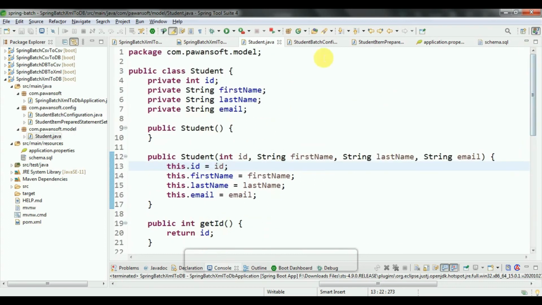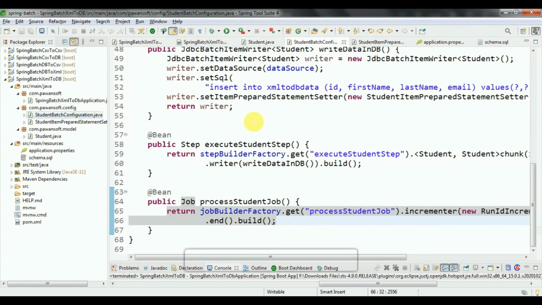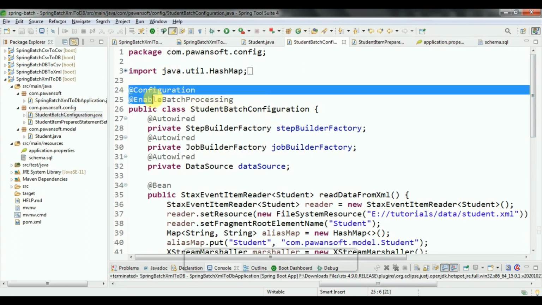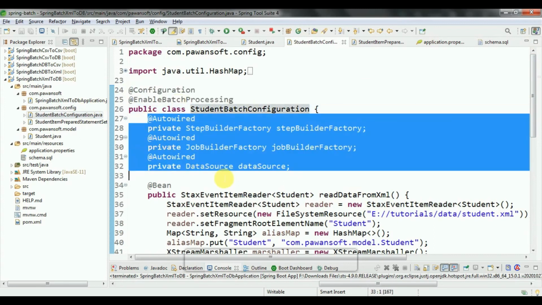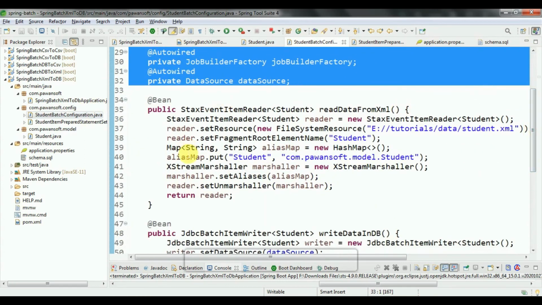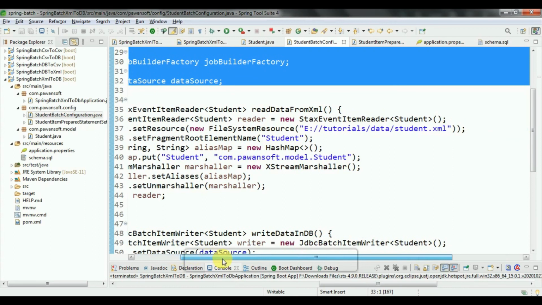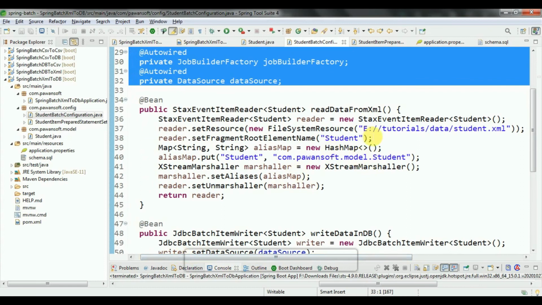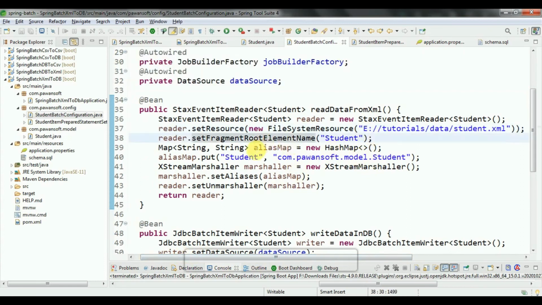In the second step you have to create the Spring configuration class. The student batch configuration class is declared at class level with the configuration and enable batch processing annotations, and declare these 3 instances. Write the StaxEventItemReader to read the data from the XML file and set the resource and root element alias. Create the Unmarshaller object and set the alias map.